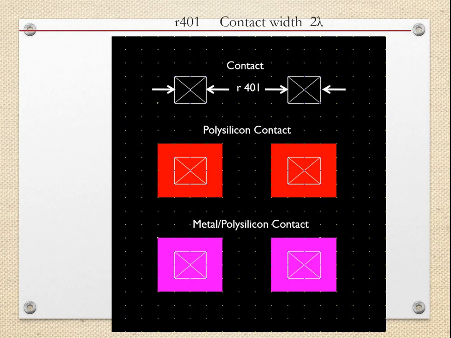So when we prepare the layouts, the different layers will be put on the substrate. The black screen indicates the substrate, that is the P substrate area, over which we can put the different regions like the P plus diffusion, N plus diffusion, polysilicon. But to have the connection between these layers, we need the contacts. So when we put some contact on two layers, there will be interconnection between the two layers. For this contact, it may be a polysilicon contact or a metal contact. The rule is the width should be at least 2 lambda.